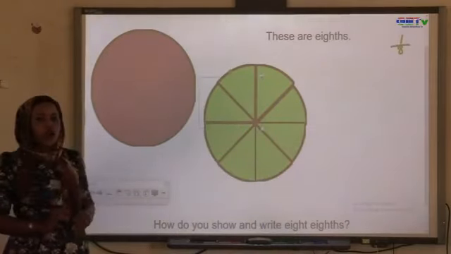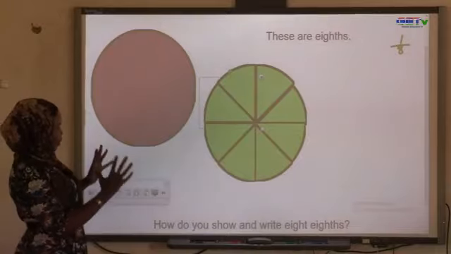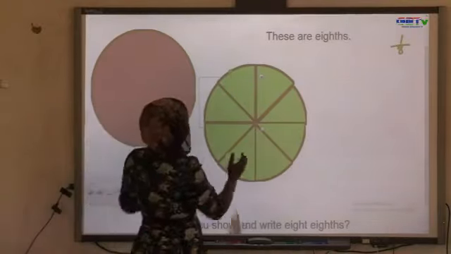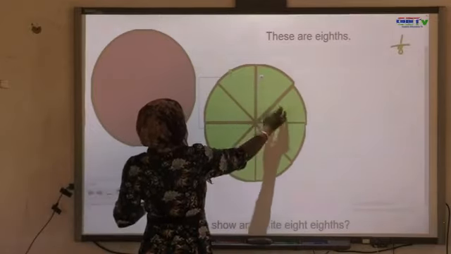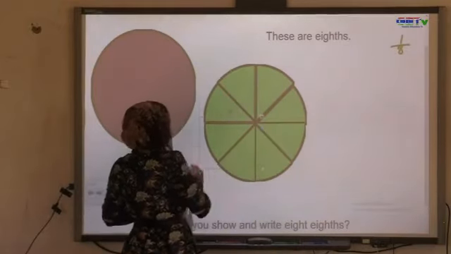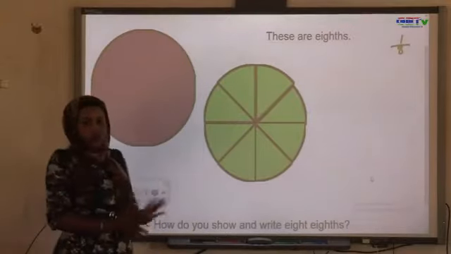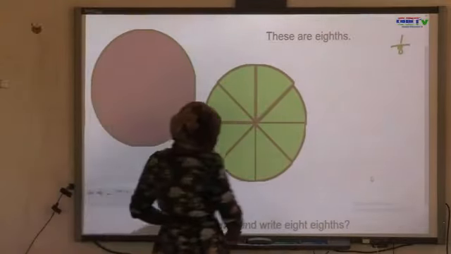So we have joined all the parts together. Can we count? How many parts do we have? 1, 2, 3, 4, 5, 6, 7, 8. So we have 8 eighths. And this can be written as